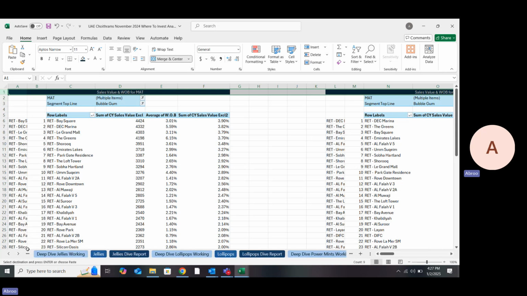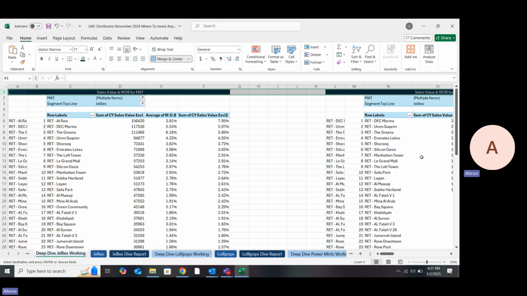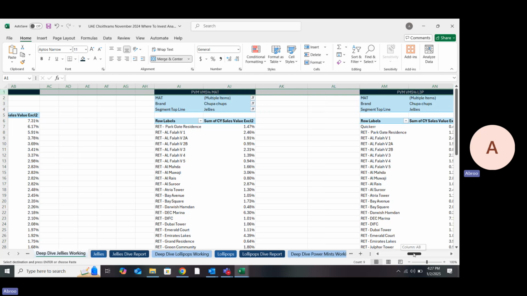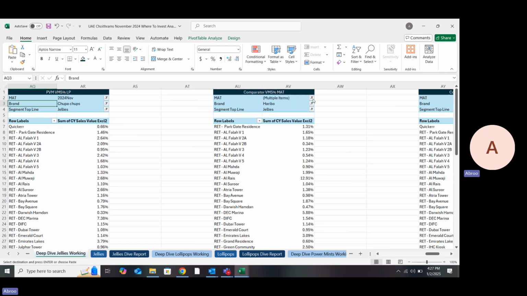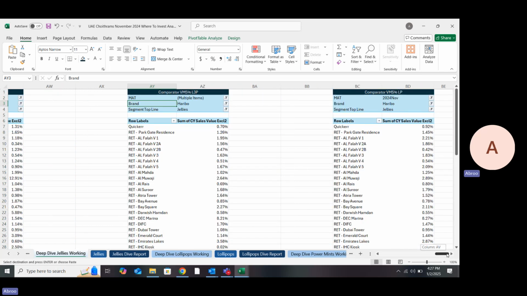Just like, if I show you from jellies, I have selected jellies from each and every pivot. As well, for the VMS percentages you have to select the selected brand. As I discussed, from the PVM portion we select the Chupa Chups brand, and from the comparator portions we select the Haribo brand. For the first time you have to do it for every single sheet, every single table. But after that, once you have selected Haribo, jellies, and everything,